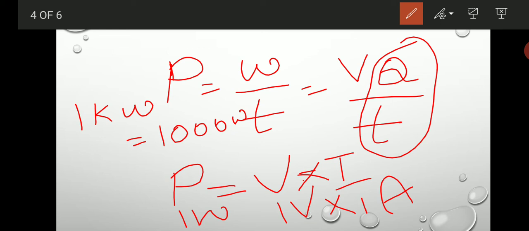Okay, since electrical energy is the product of power and time, the unit of electric energy is therefore watt hour. And 1 watt hour is the energy consumed when 1 watt of power is used for 1 hour. Okay, the commercial unit of electrical energy is kilowatt hour, remember, and it is usually called a unit.